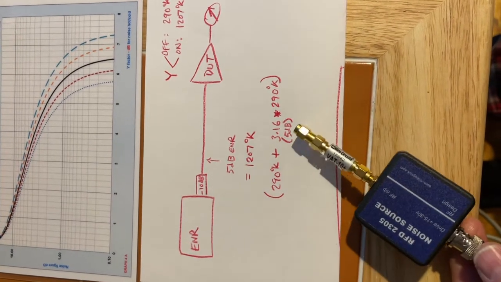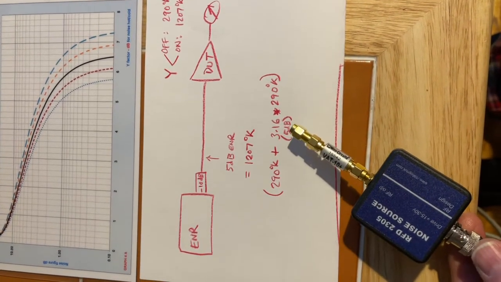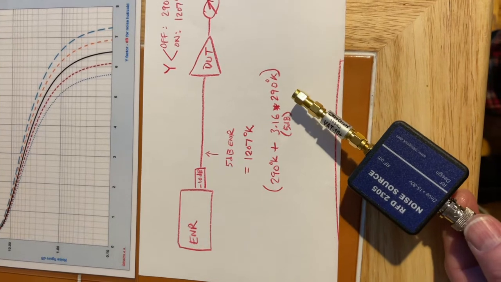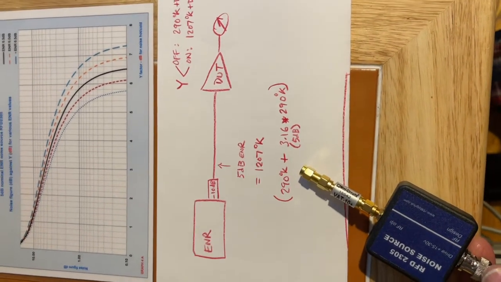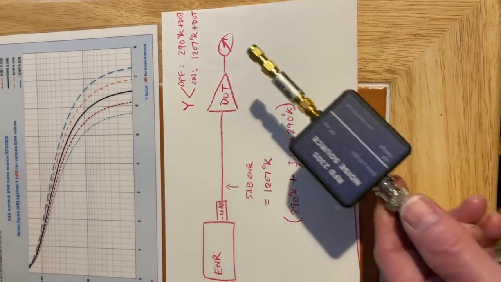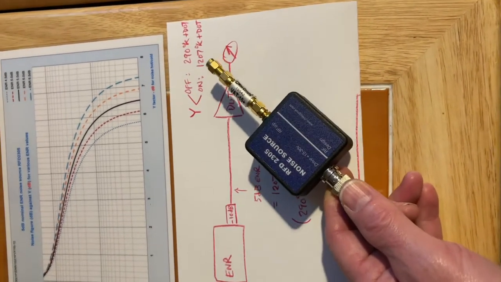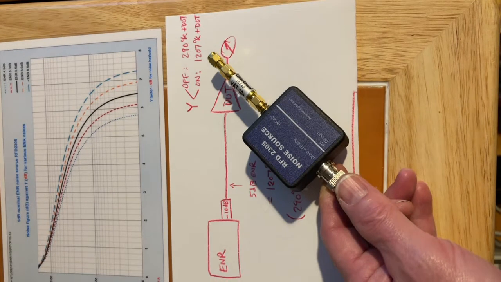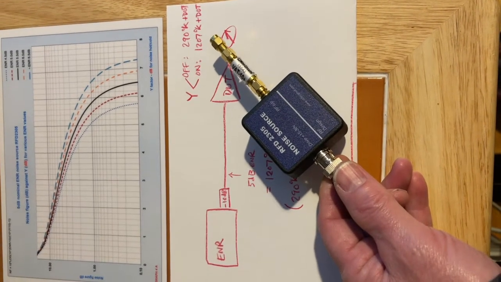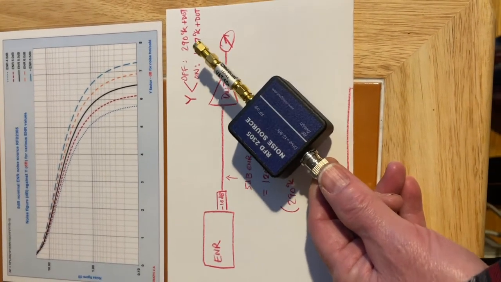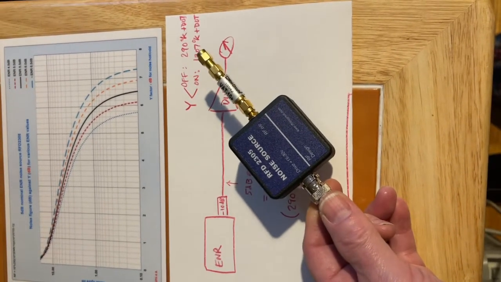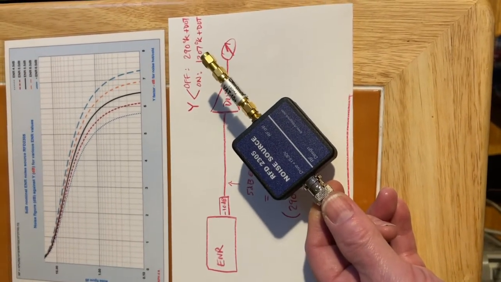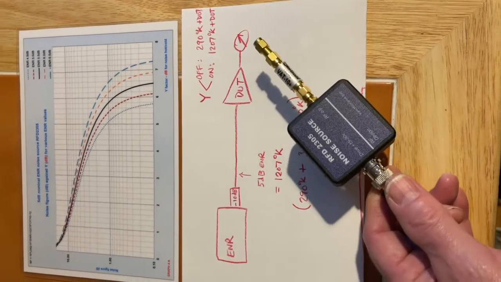it's adding 3.16 times 290 Kelvin, 5 dB, to the 290. So the total noise output is 1207 degrees Kelvin. When you turn the device off by disconnecting the 18-volt power supply, it drops to the thermal noise of this attenuator, to 290. So what you actually measure then on the output of your device under test using a noise